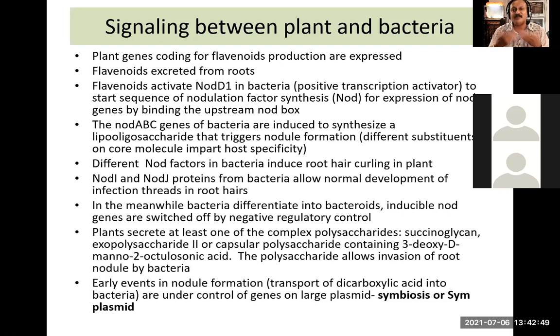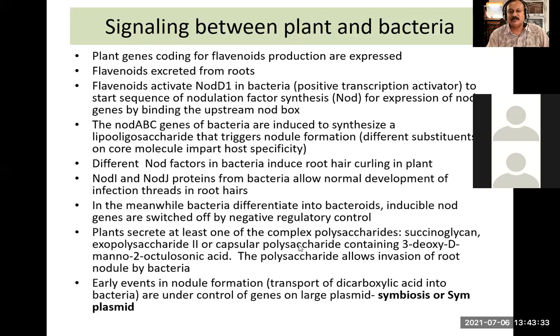So it is like the plant is supporting the infection of the bacteria, isn't it? The plant is allowing the infection to take place, indicating that this is not a pathogen which is going inside the plant. Had it been a pathogen, the plant cell would have resisted that, using some kind of resistance mechanism, or even immunomodulation, or some kind of immune reaction. Even plants show immunity against the pathogens, so that immunity would have been activated. But here that is not the case. The plant is actually allowing the bacteria to invade the root cells up to the cortical cells, and then take part in the nodule formation.